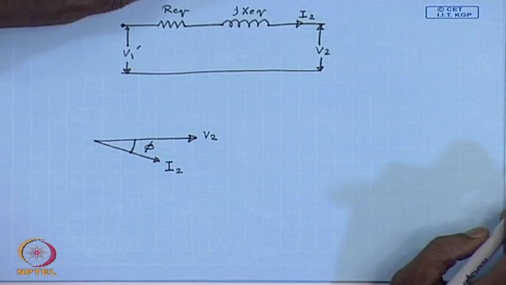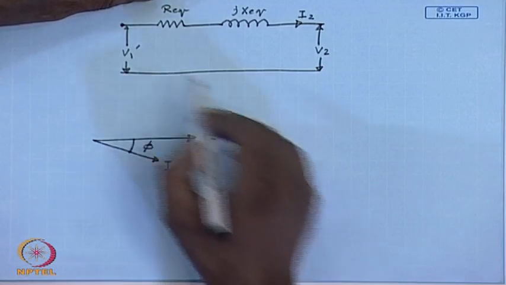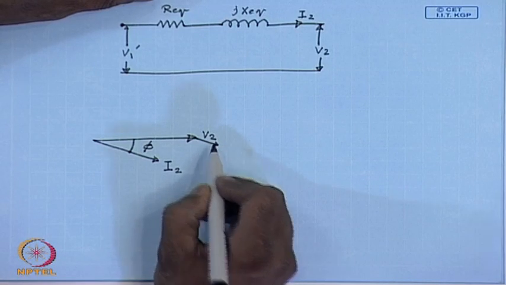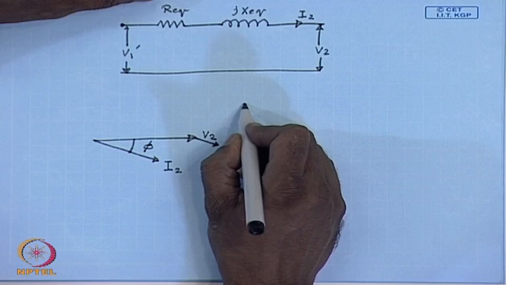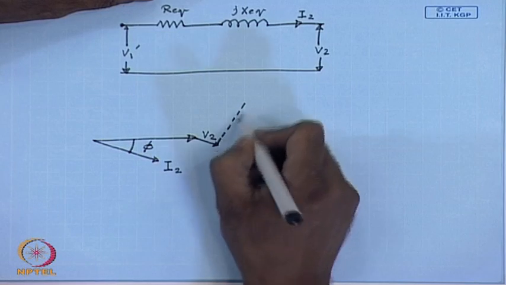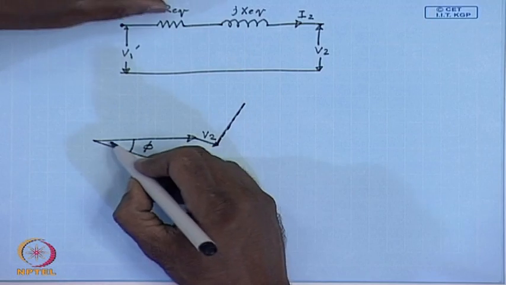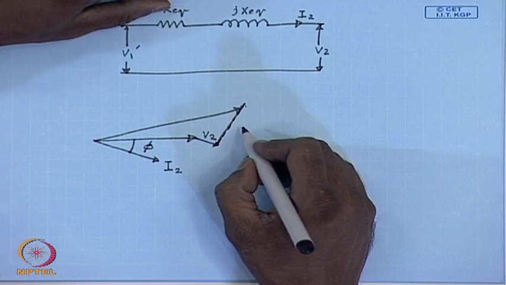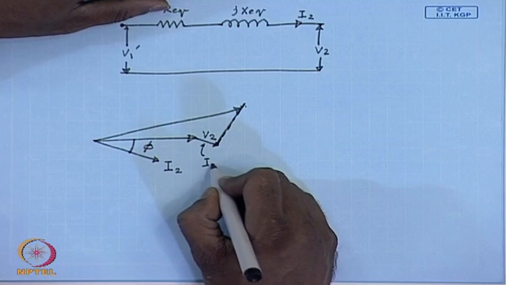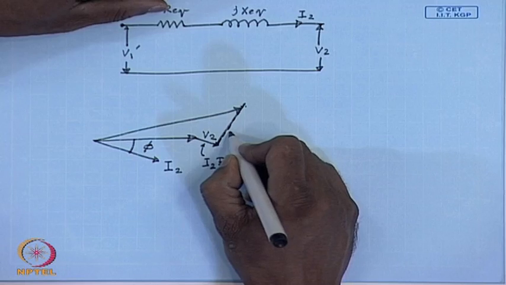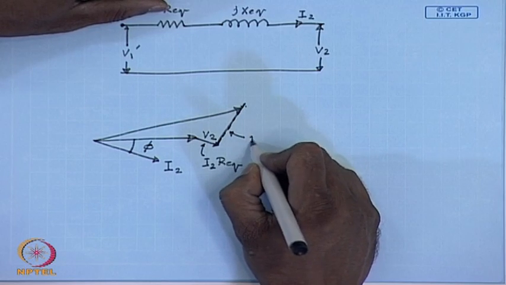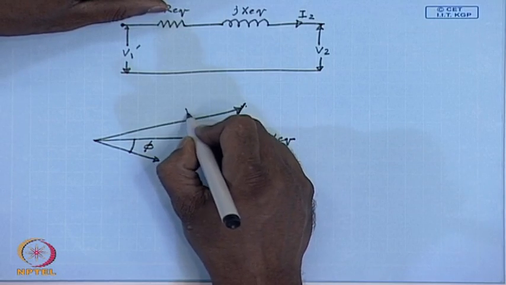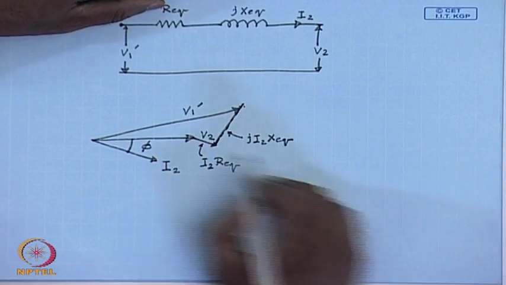We can draw the phasor of V1 by noting that V1 equals V2 plus I2 times Req plus jXeq. This is I2 Req. This is jI2 Xeq. This is V1 dash. Therefore, one can write